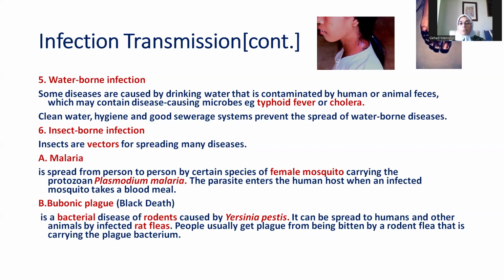So there are famous insects like the female Anopheles mosquito, Anopheles with a PH, and like the rodent fleas or rat fleas. The female Anopheles mosquito transmits malaria from one person to another. If a certain diseased person has malaria, it has the protozoan Plasmodium malaria in the blood. Plasmodium malaria is the causative organism, and it is a unicellular eukaryotic sporozoan. Sporozoan means unicellular eukaryote, because eukaryotes are not usually unicellular.